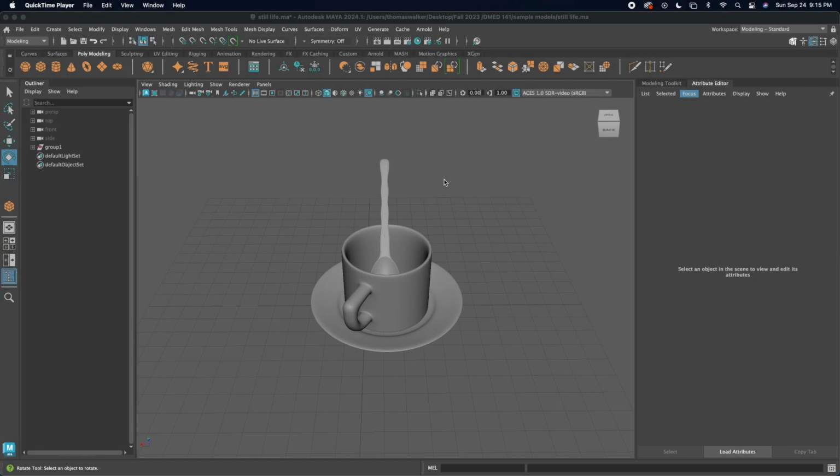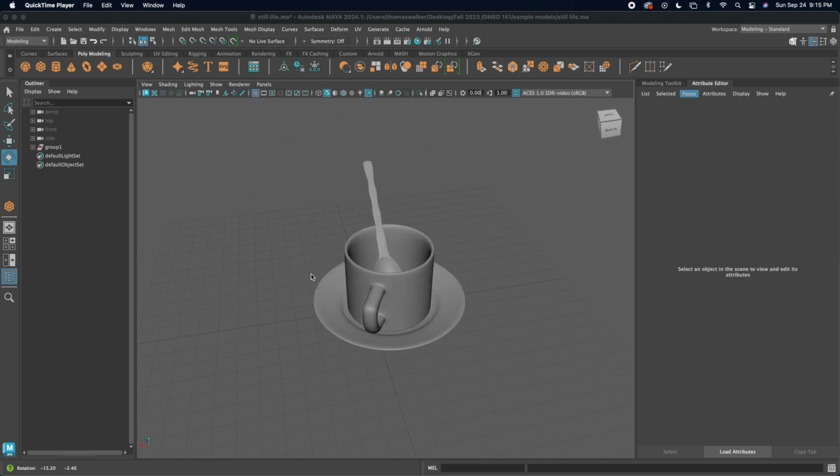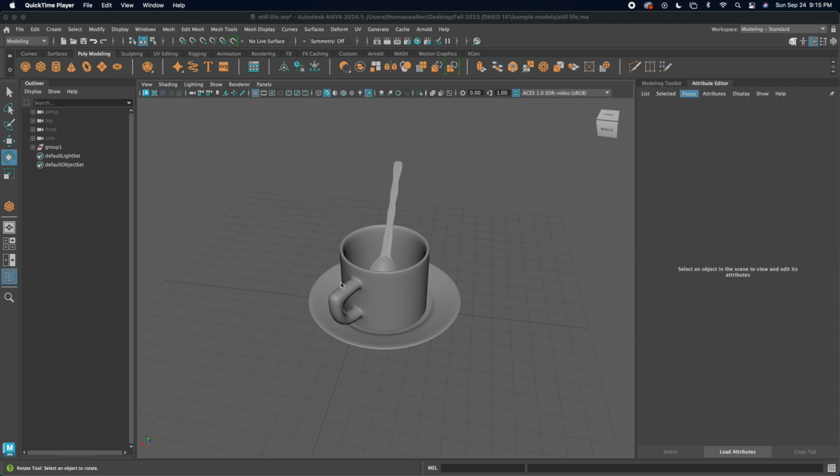Okay, so I pulled up that exercise we had done a couple weeks back with the cup and the saucer and the spoon, and I'm just going to use this to show you how we go about setting up our lighting here. So first things first, I'm going to go ahead and make a little